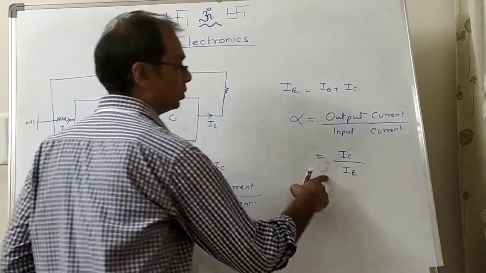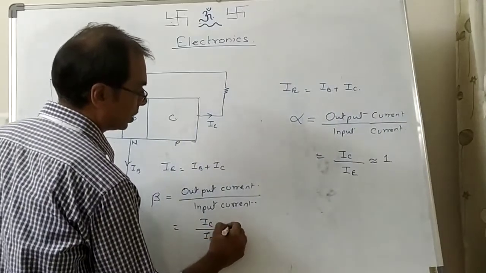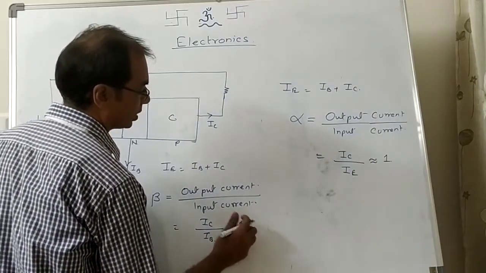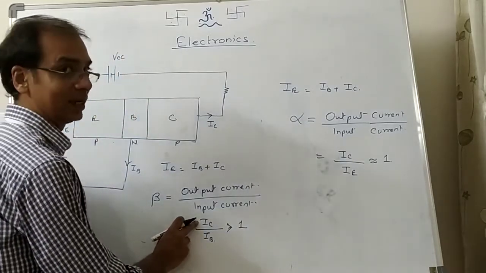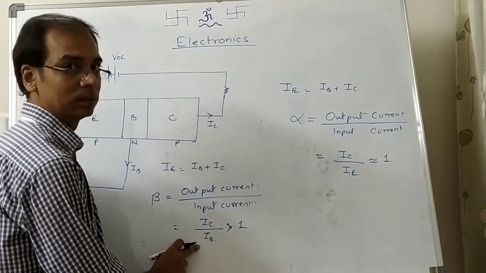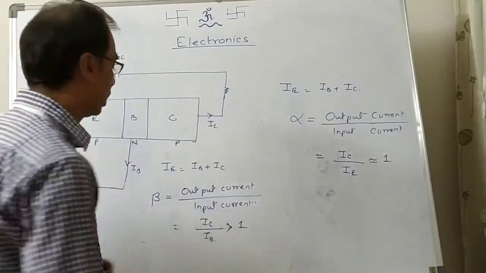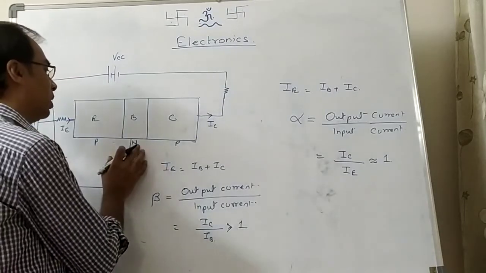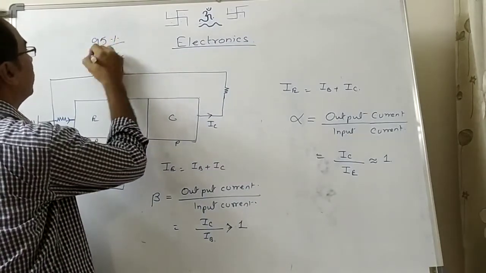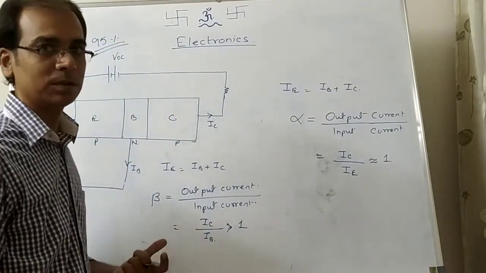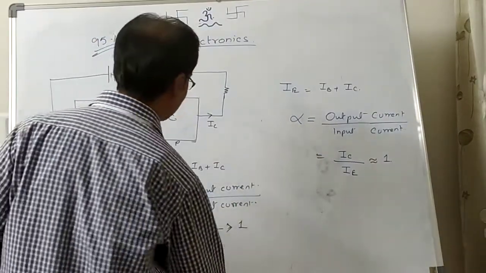IC by IE value will be nearly equal to 1, less than 1 actually, but this is very large as compared to 1 because IB value will be very less. Okay, this will be 0.98 of IE, this will be 0.2 of IE. Okay, so this factor will be very large, maybe 50 times, maybe 40 times, maybe 45 times. Okay, so this is output by input. So in this common emitter, we get large output. That's why 95% of the questions which will be asked in competition will be from emitter, and this mainly is in our syllabus. Okay, but sometimes it is asked what is the relation between beta and alpha also. So first of all, we'll see that relation.